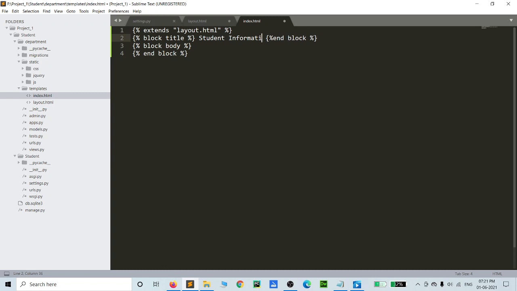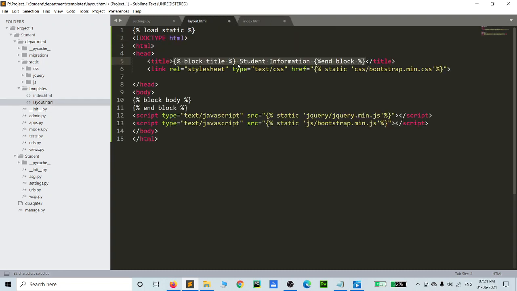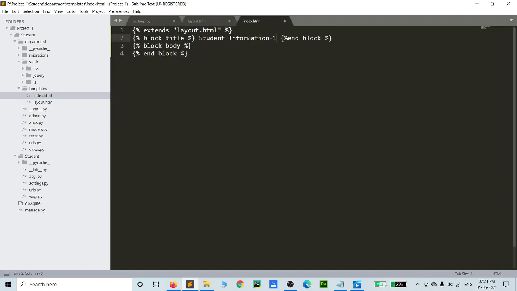Like here we can include another name, the same name we can include here, student information one. So we can display the variation, because this is the same student information and this is student information one, that is a differentiation displayed on your screen.